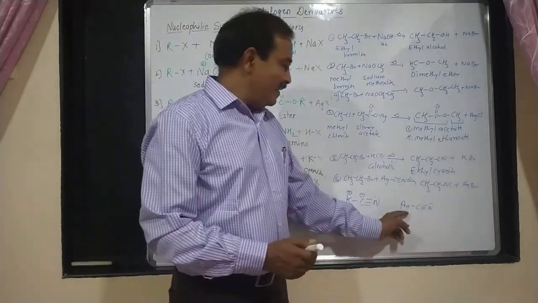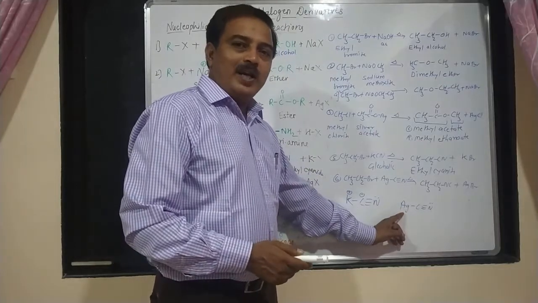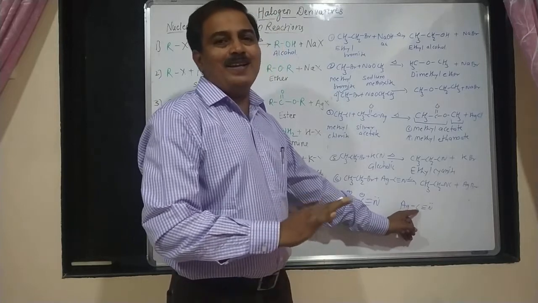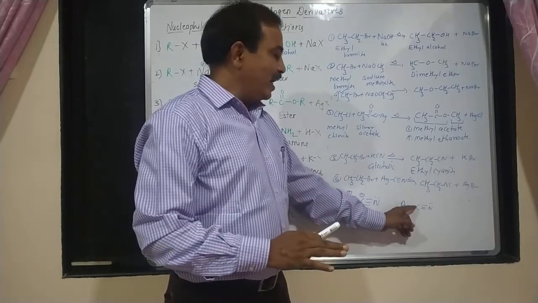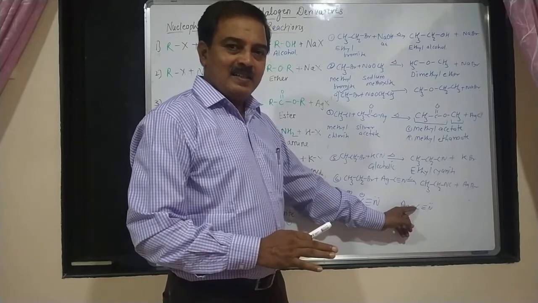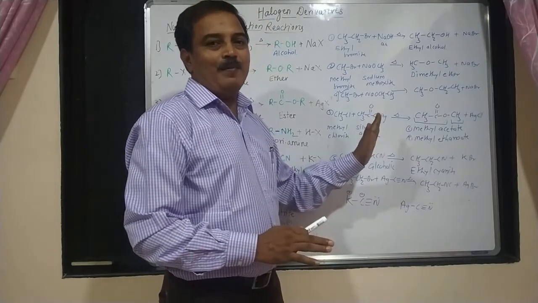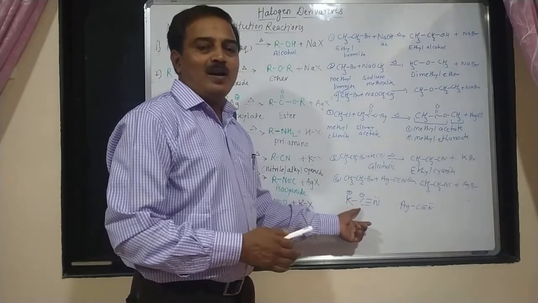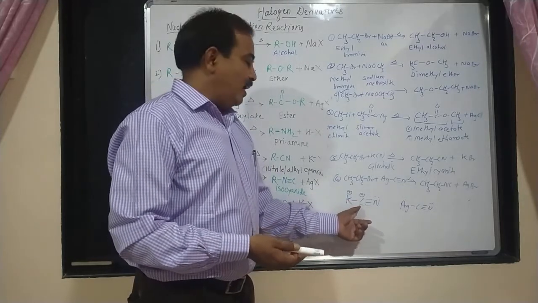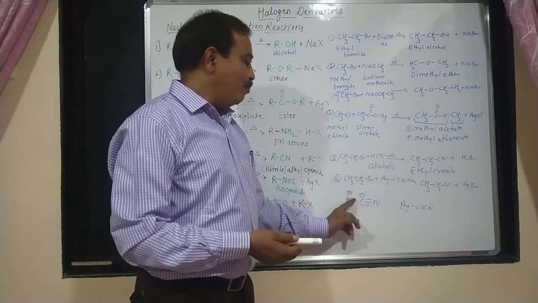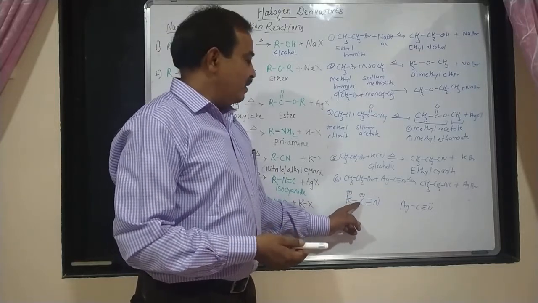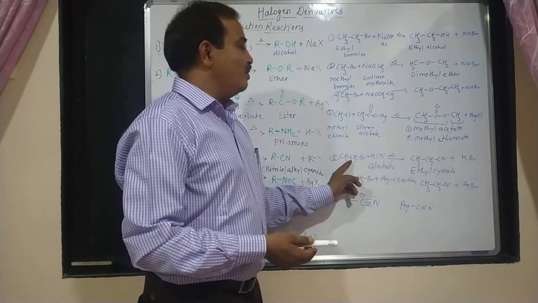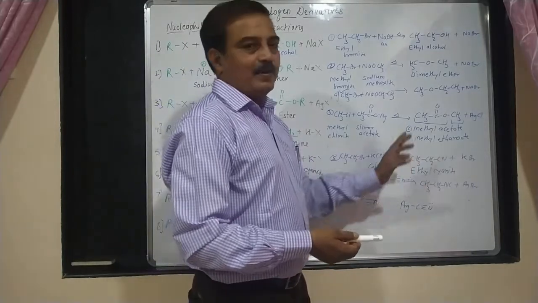Why is a covalent bond formed? Because the electronegativity difference between silver and carbon is very, very small. As the electronegativity difference is less, the covalent character will be more. In the case of potassium, the electronegativity difference between potassium and carbon is more. As a result, the ionic character will be more, and the bond will break, and the carbon will attack the C2H5, so C2H5 will react from the carbon side.